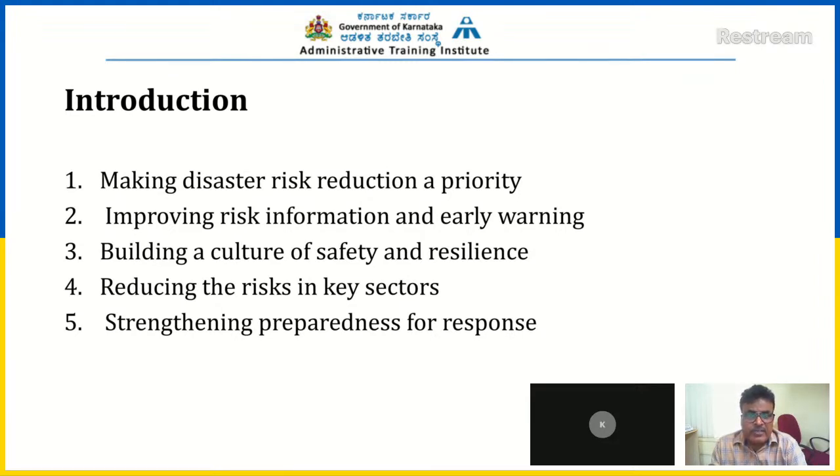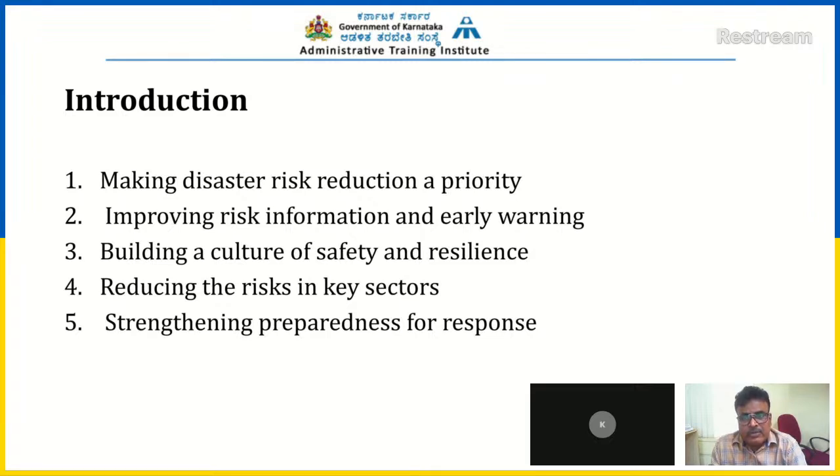So if you do not have a preparedness plan in place, you don't have formed teams, task forces, strike teams, etc. You do not have materials, machines, equipment properly recognized, properly identified, and kept ready. Suppose you don't have any food storage units, you don't have an adequate amount of food stored, not identified or not prepared for the food items. If you do not have an adequate number of boats in case of flood, all these will lead to huge problems.